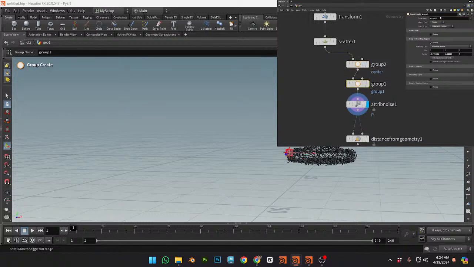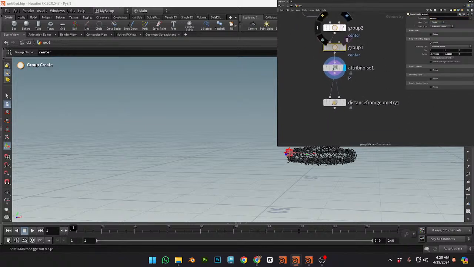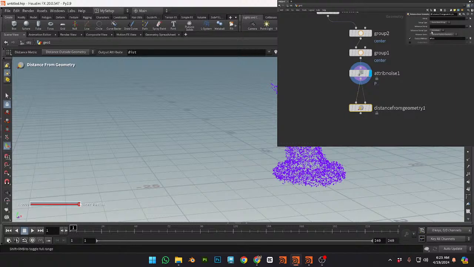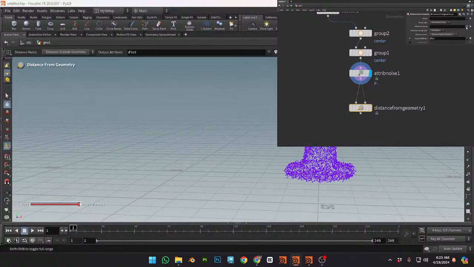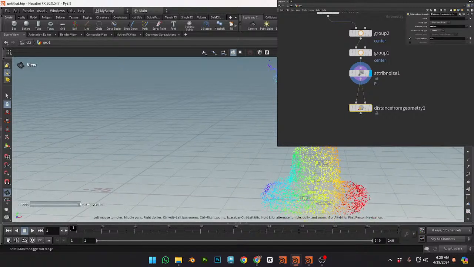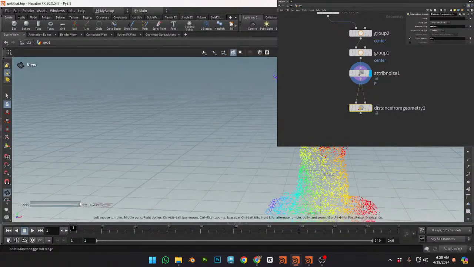Yeah, let's call it center, right? So now there's no reference group because I've not still, and I'm going to put the center and it should be primitives. Now if you guys see that it's turning from blue to red,